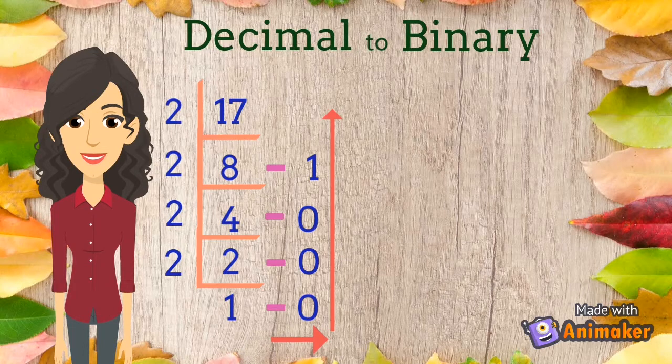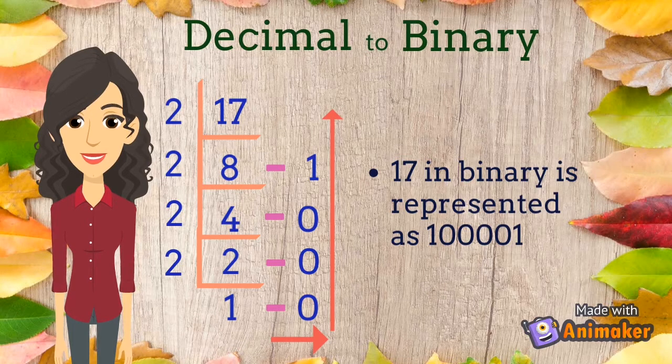For that, we should take the number and keep on dividing it with 2 until you get the final answer as 0 or 1. In this process, you should note down the remainder in every step beside. For example, take the decimal number 17. Divide it with 2. 2 eights 16. So, remainder is 1. So, it is noted beside that. Now, 2 fours 8. So, remainder is 0. Now, 2 twos 4. So, remainder is 0. Now, 2 ones 2. So, remainder is 0. Here we got the final answer as 1.